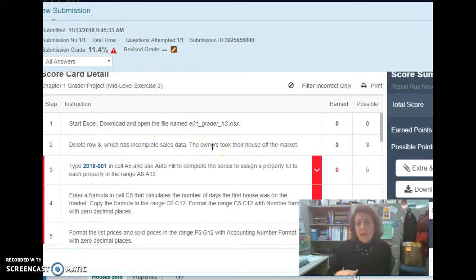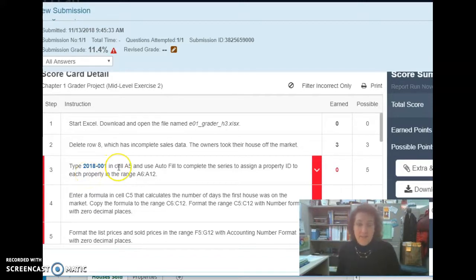Within the MyITLab system, in the grade book, next to the score, there are 3 dots, and we call it the hamburger, right? Because it's like a little hamburger in a bun. Click on that and click View Submissions. That's the screen that I'm showing you here. It gives you exactly what the system didn't like, and then it tells you exactly what it wants you to fix. So I'm looking at step 3,